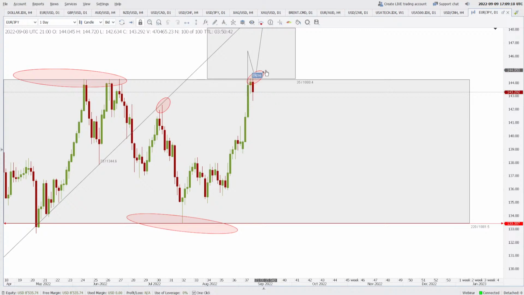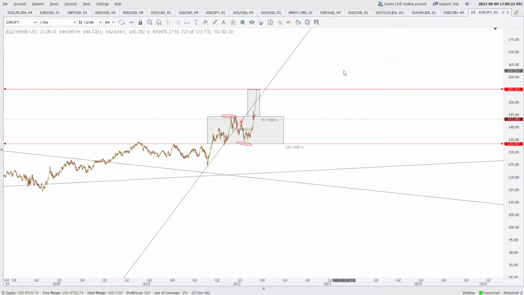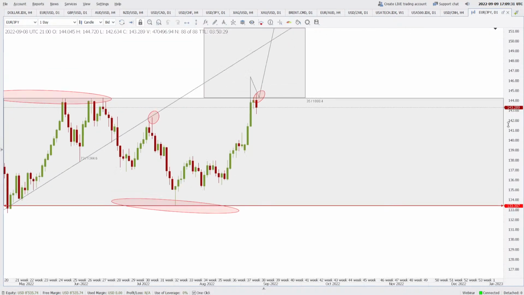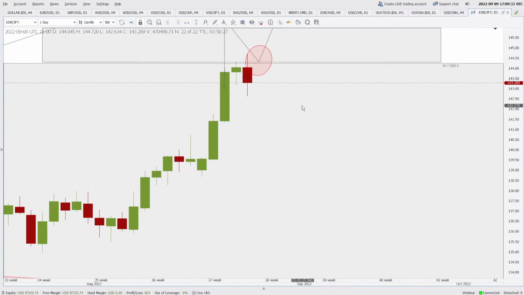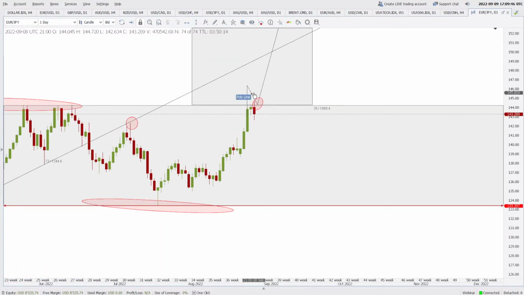long in this one with huge targets, as we have already marked the targets around 155.15. But for that to happen, we need a bullish price action here. But here there is no support, there is no bullish price action, there is only bearish price action. That's why I'm concerned about the price action here. I want a bullish price action here, but it is not happening. If it's not happening, it's not happening.